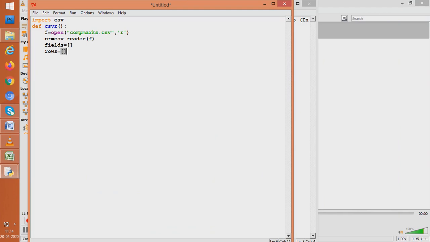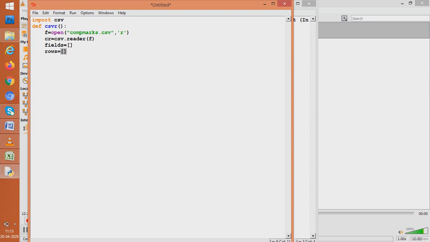We are making them so that I can keep the header in fields and the data rows in the list rows. So I have created two things: fields, which contains only the headers, that is only the field names, and rows, a list which I expect to contain all the records.